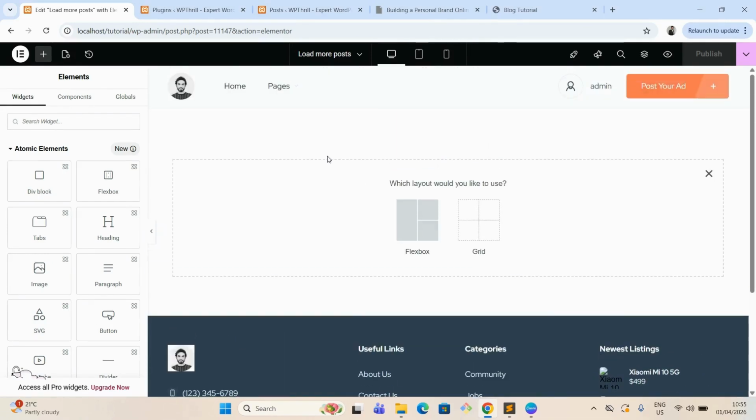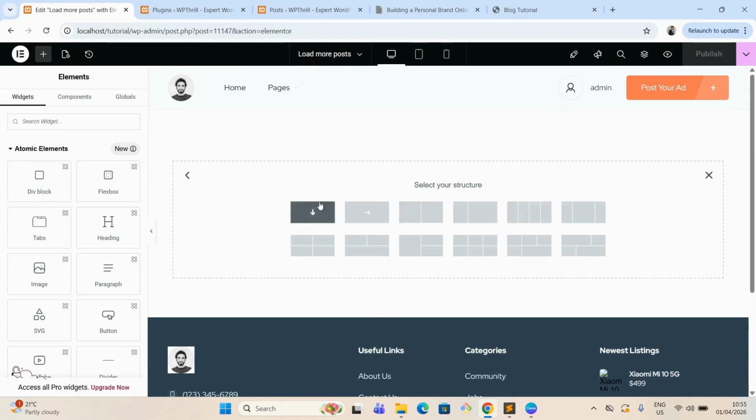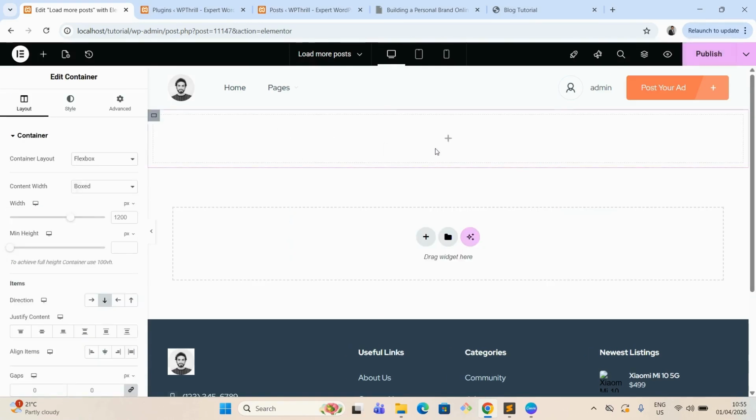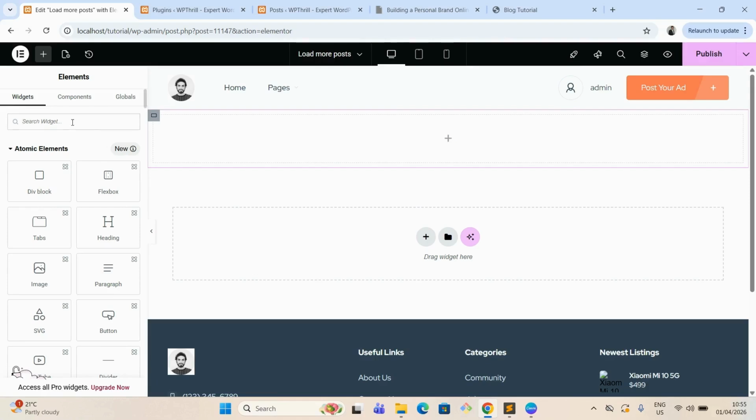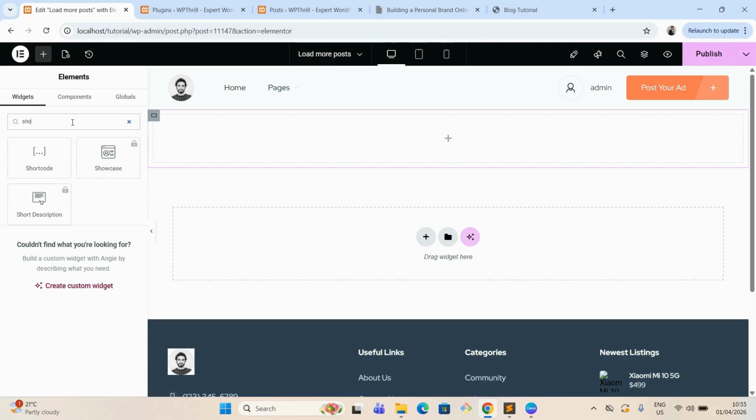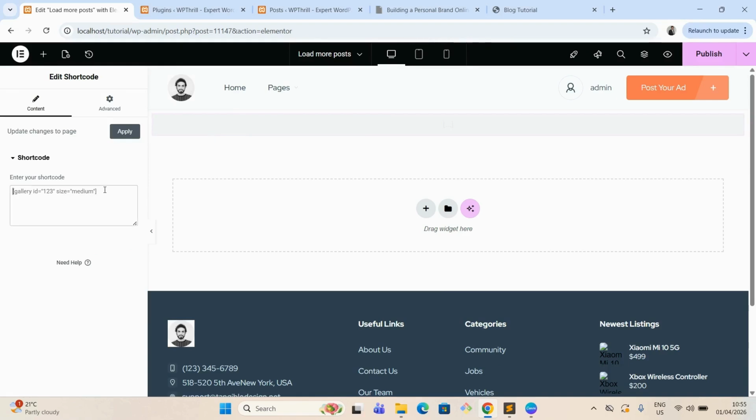I'm just creating a page inside Elementor. So I have just dragged a Flexbox container, and now I have to simply fetch the shortcode, and that's all. So we will be creating something where we will be calling our shortcode like this. All right. Moreover, we can also pass some parameters like this. All right. So if I simply publish this page